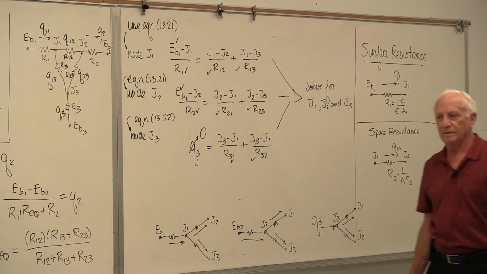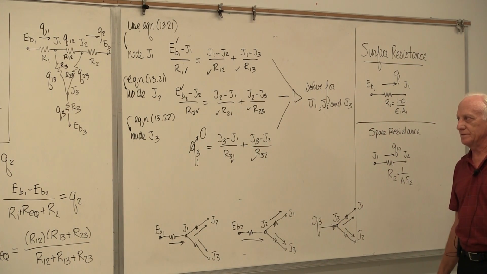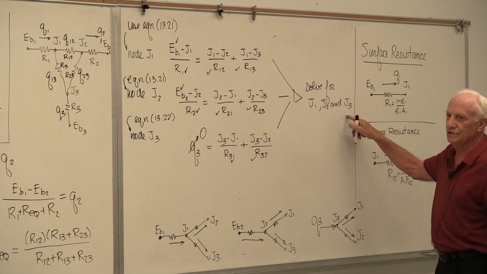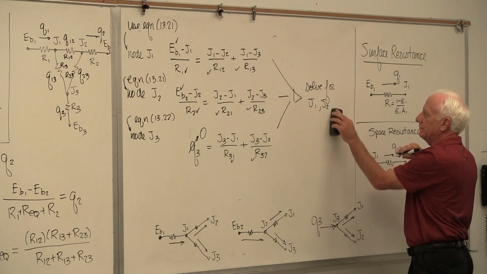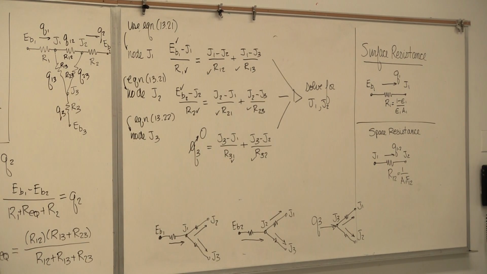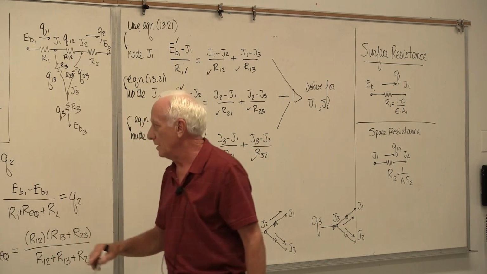Okay, there they are. 3 equations. Linear, simultaneous, whatever method you want to do. Solve for what again? You don't need J3 because I know J3. How do I know J3? Look at the picture. J3 equals EB3 because there is no... by the way, that was for black surfaces. If it's non-black, it looks like that. If Q is 0, then I know that J3 equals EB3. Okay, so I know that.